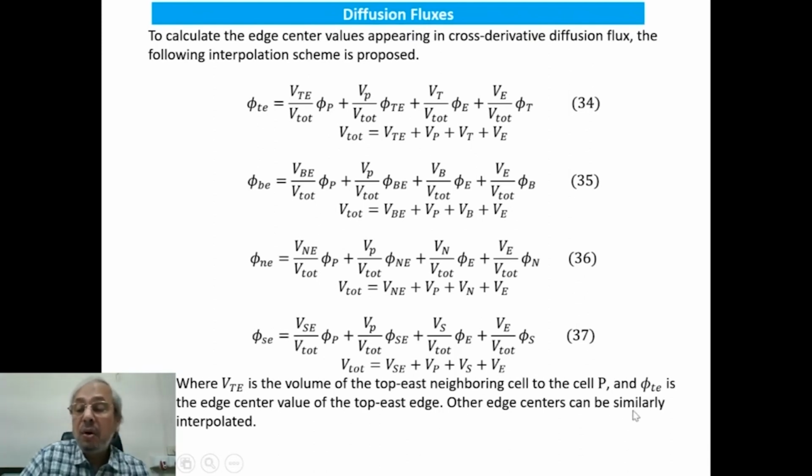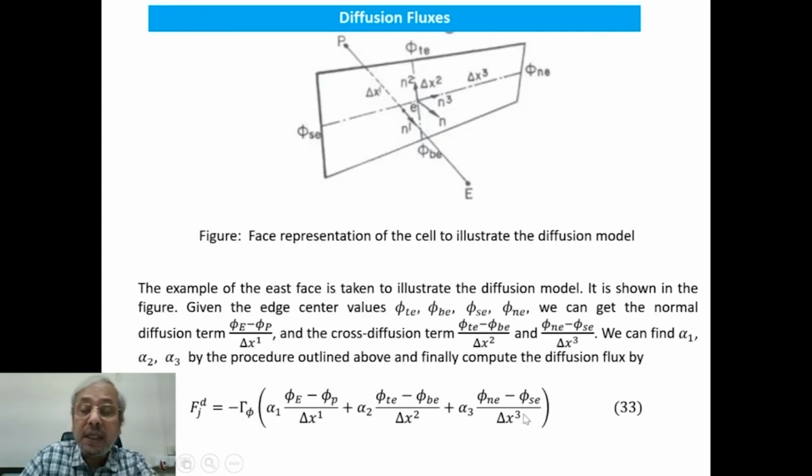So basically that is how these quantities phi T, phi B, phi NE, phi AC are calculated